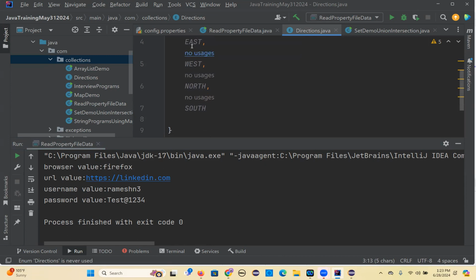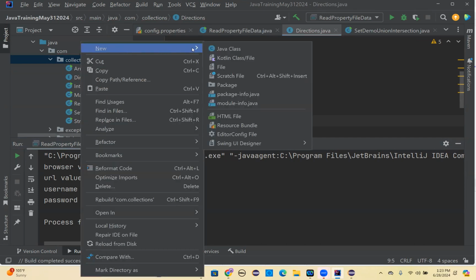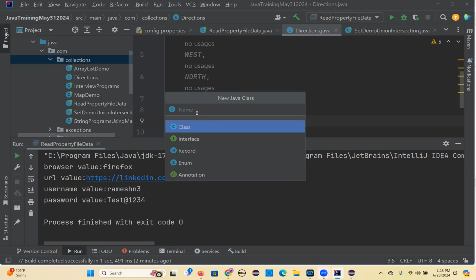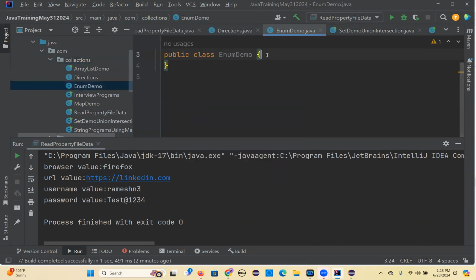So if you want to access these enum values, right? I can call it maybe in another place. Okay. So let's create a new class, enum demo. So I'll call it here. Okay. So now how can you call this enum? See, E for enum. Okay. How can you call that? So for example,